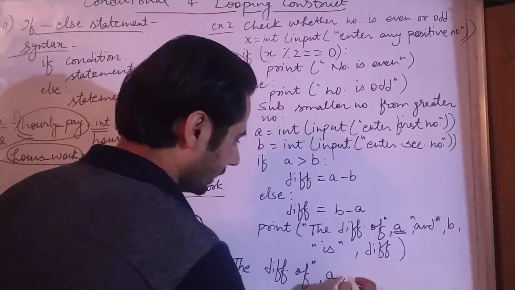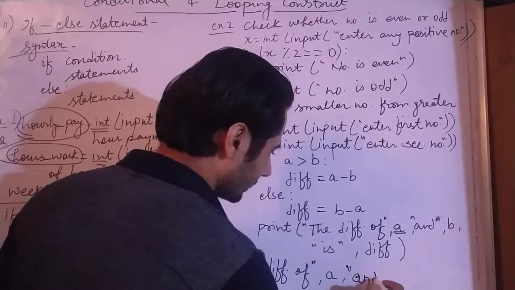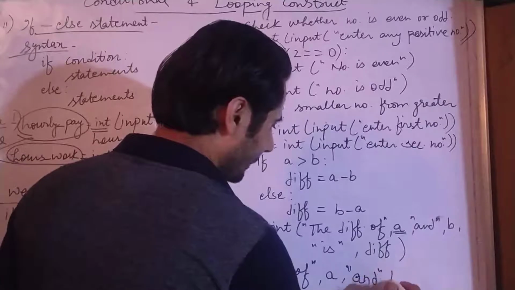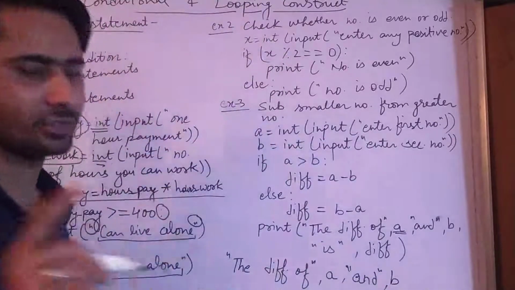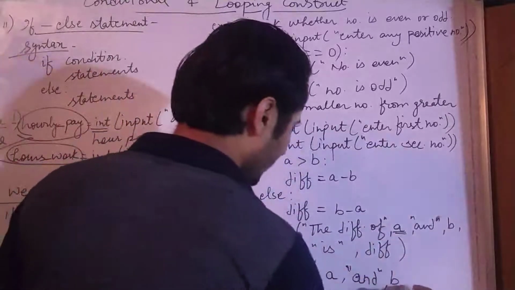Now again comma, again double quotes and double quotes, comma, b is a variable that stores a value. Then we can simply write it as b, comma,